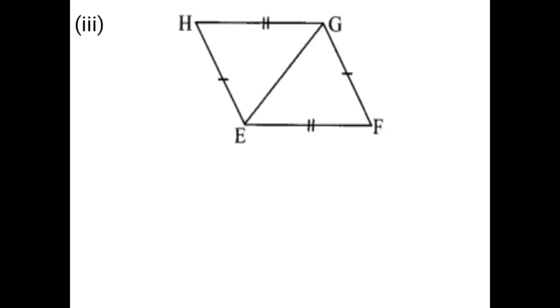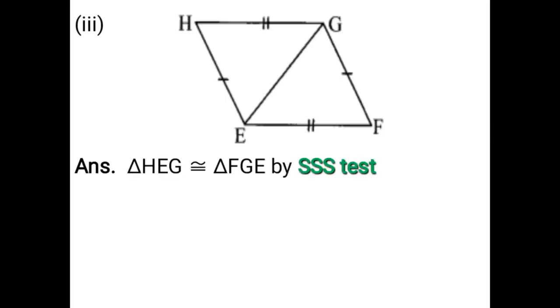Side EG is congruent to side EG, common sides. Side HG is congruent to side EF. So, triangle HEG is congruent to triangle FGE by side side side test, which means SSS test, under HEG